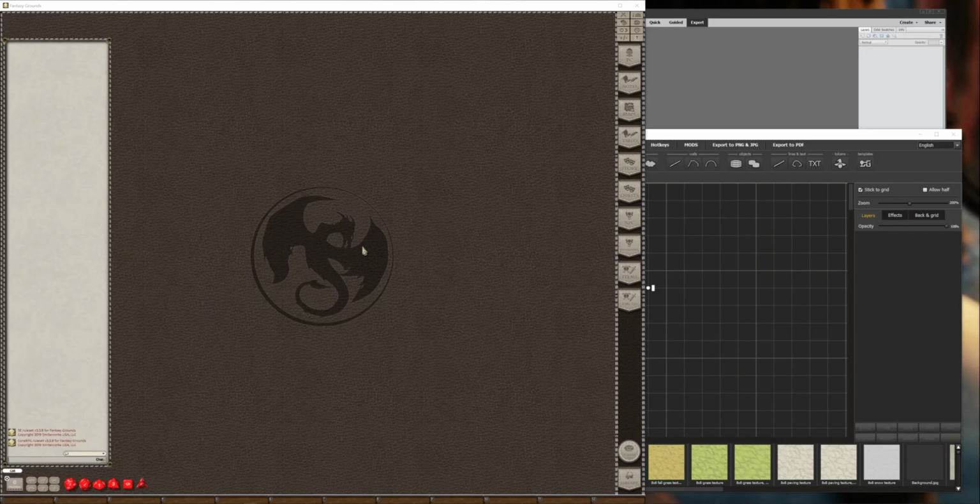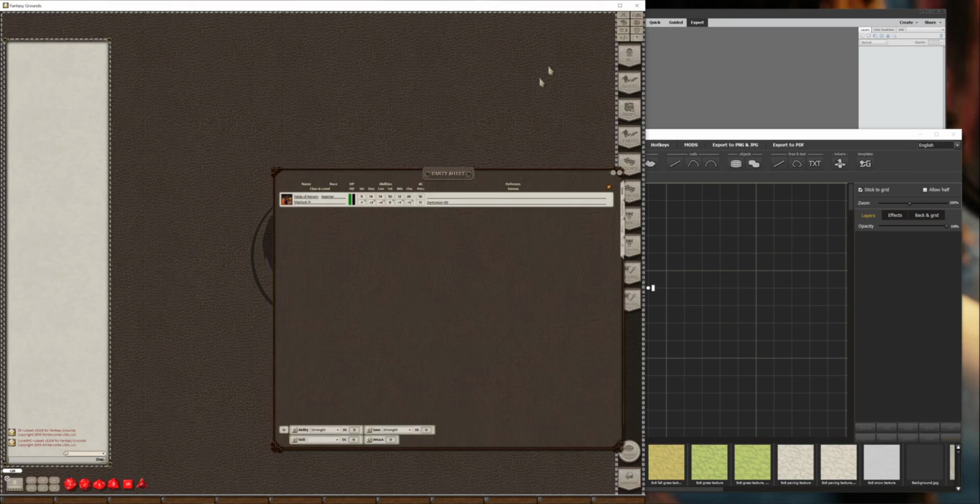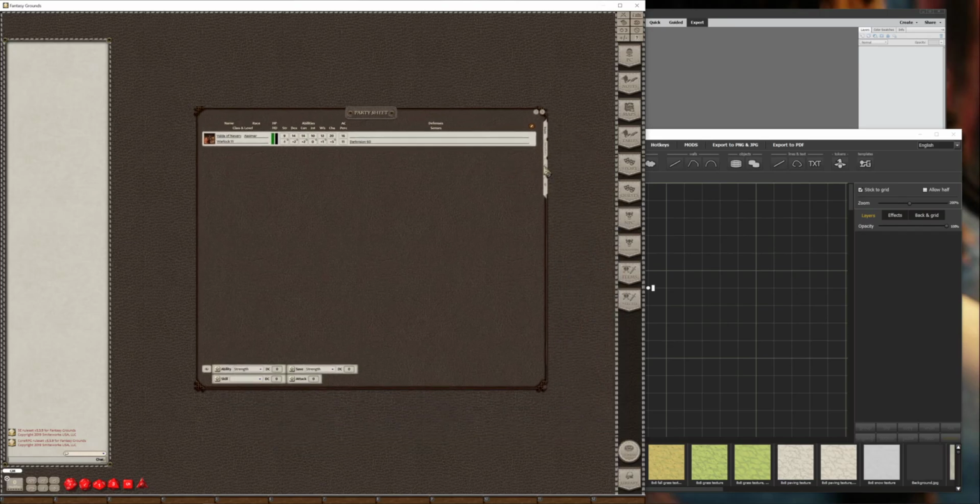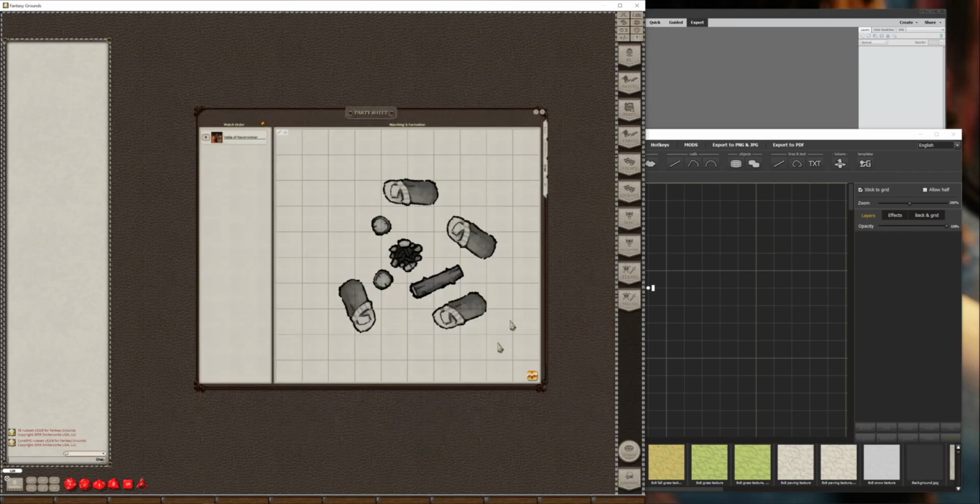Hi everybody, this is Vex here, and I've got a little tutorial to show you guys how to get a more detailed party sheet campsite marching order area. As you can see, I built a little campsite here, and I did not draw this